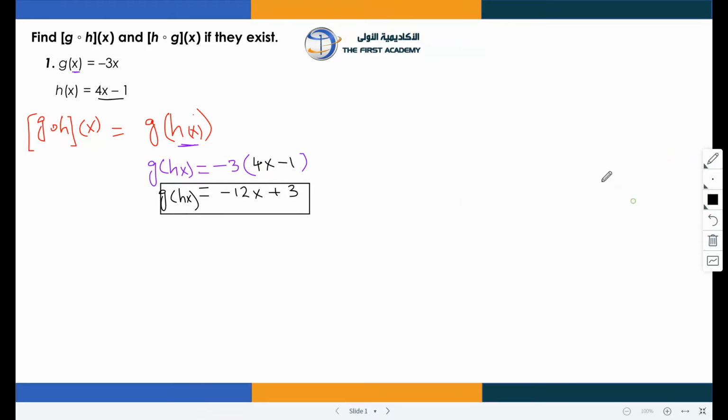The second part says h g of x. h of g of x equals h g of x equals now